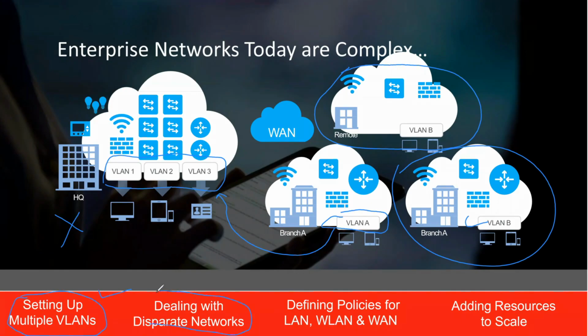Dealing with disparate networks, the architecture is completely different for every single branch, the headquarters, be it a remote setup, anything it is. It will be a three tier architecture over here. And sometimes you see if the branch is smaller in size,